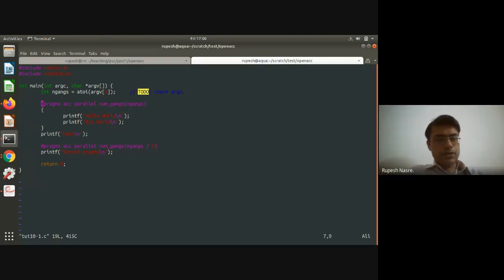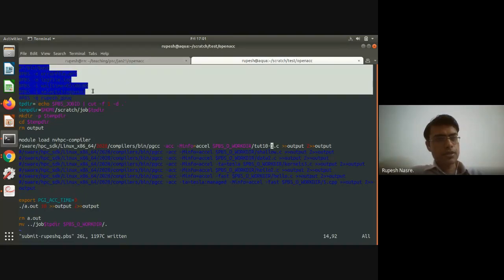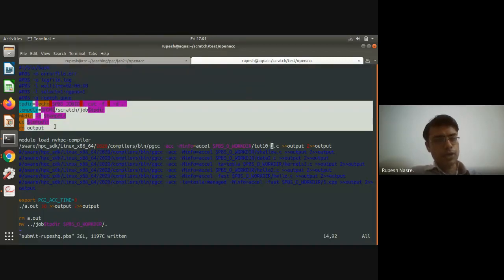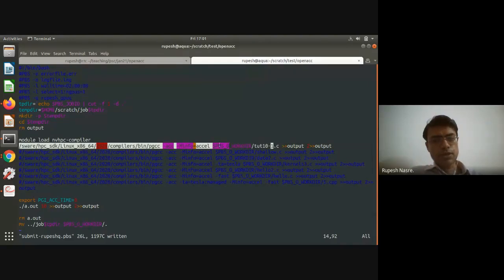So this is our .c file which has this code, and then for submission we need this sort of file which needs to be submitted, where there are certain PBS related commands. This script is also shared. There are some shell related commands which you can ignore. You just need to copy and never change those parts. This module load is one which you need to have, and then this is the one which needs to be used as the compiler, right?